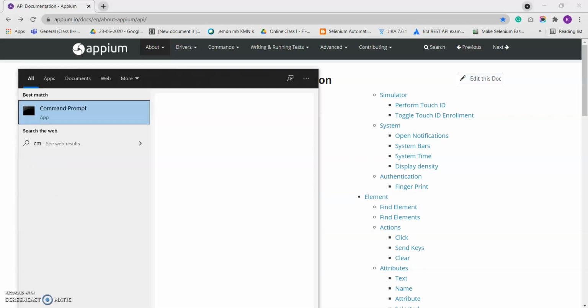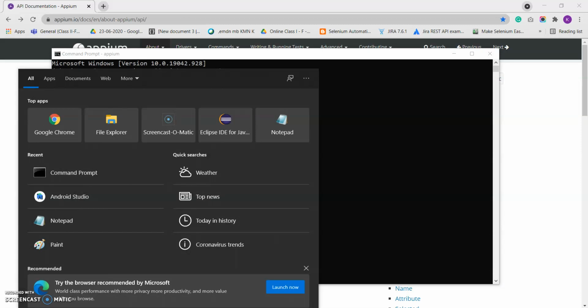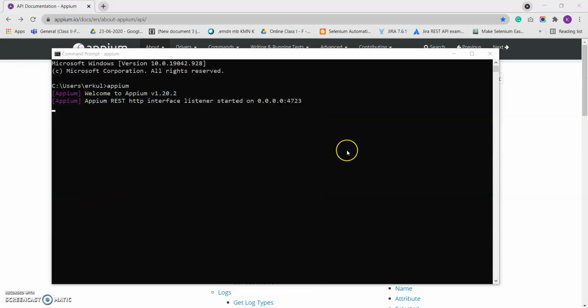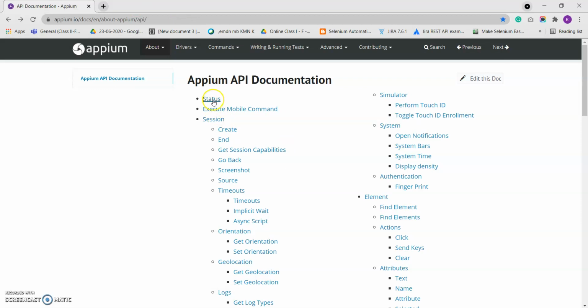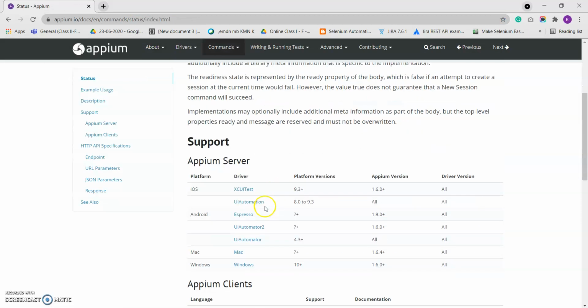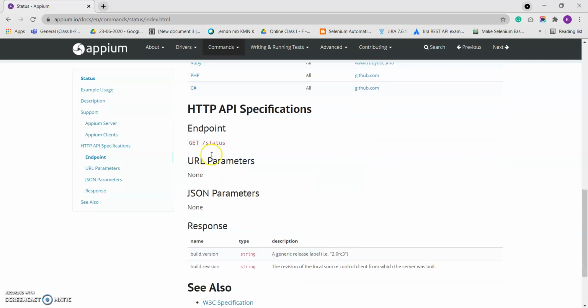First I will open my Appium. After that I will go to my Android Studio and launch one device here. We will use this document to see what kind of API request it is, and we will pass the body parameters, and see further how things work.